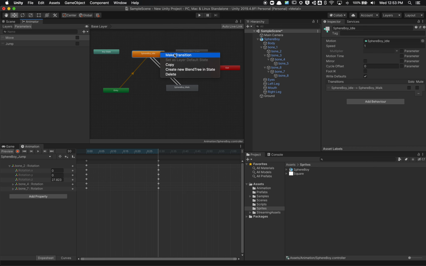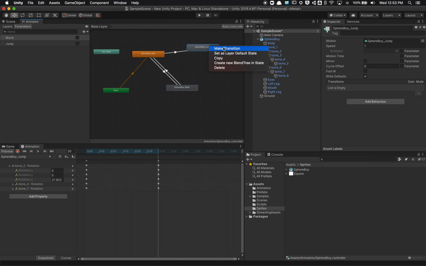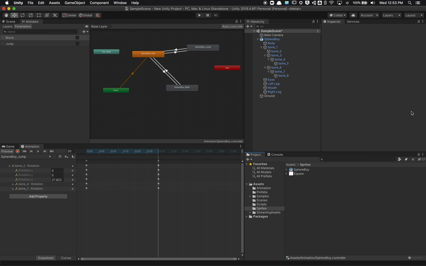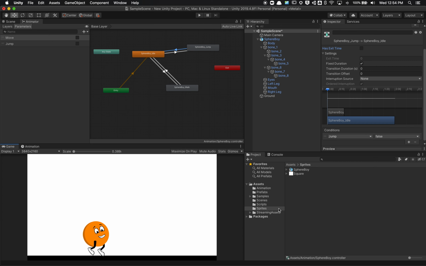And if I'm idling, I can go to my transition when jump is true. I don't want any transition or exit time or duration. And then I want to be able to go back to my idle in a similar way. I want my transition when jump is false. No transition, no exit time. There we go. And now if I go to the game panel,